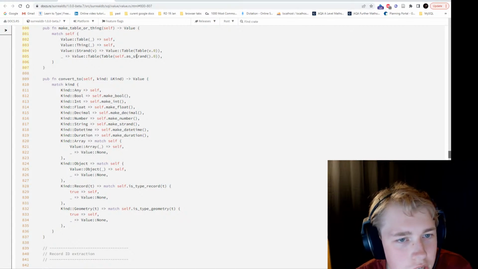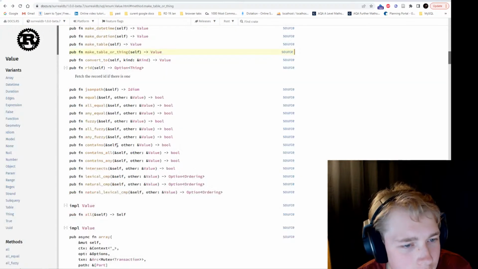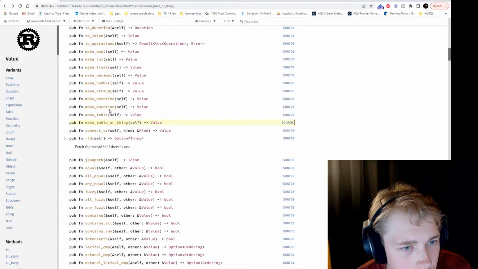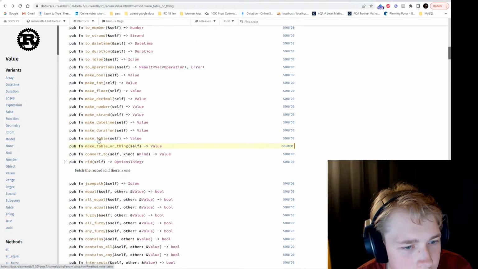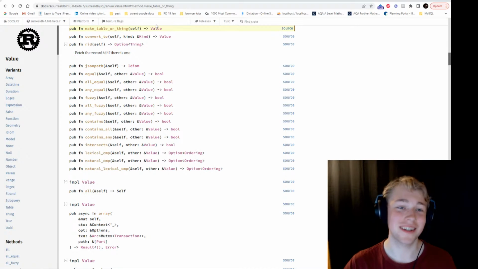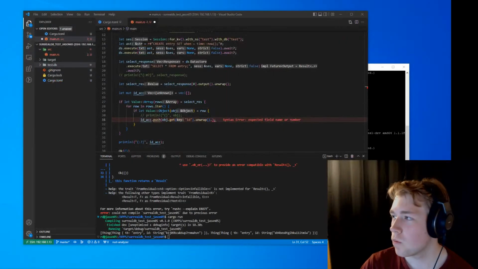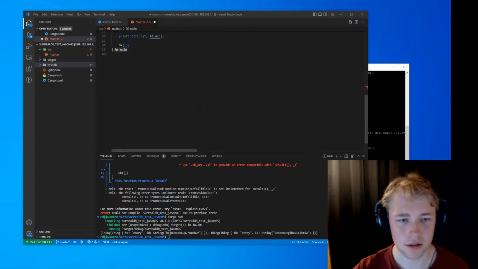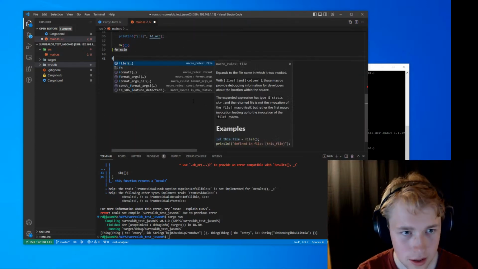It just sort of generates. Okay, so that's not what I'm looking for. So there isn't a make. Although I suppose I could use the make. No, because it's still a value. So what I want is